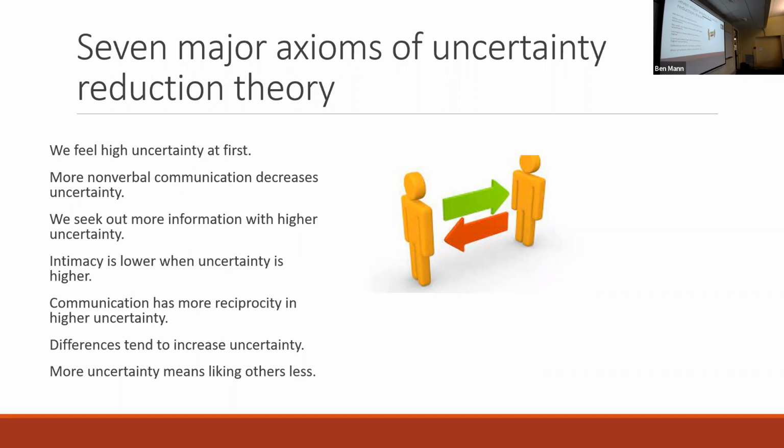Intimacy is lower when uncertainty is higher, right? That's a pretty straightforward one. Intimacy, of course, referring to emotional and psychological closeness, may or may not be romantic, right? But when we become less sure of or confident in people, we tend to withdraw. For example, perhaps you're dating somebody and you discover one day that they have a secret, right? They have a child and you never knew that they had a child. And they never talked about it. It never came up. And suddenly you discover that they have a 3-year-old and you think to yourself, wow, I thought I knew this person, but I guess I don't. This is a huge detail that they never shared with me, right? Which might cause you to increase your uncertainty, withdraw, and decrease your intimacy toward that person.